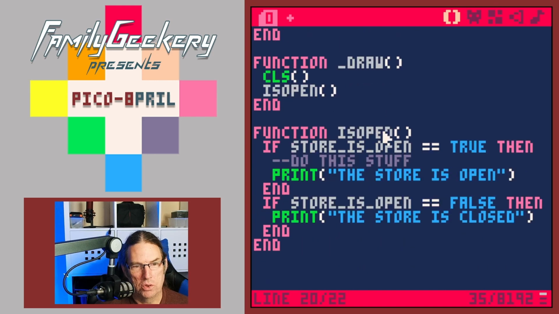Now this completely works, but there's a better way to do this instead of using two if statements. And sometimes there's a reason for using two if statements and sometimes there's not. But really what we can do here, there's only two options, right? The store is either open or it's not. And if there's only two options, the easier way to do this is instead of checking if it's open and doing this and then stopping and then checking if it's closed and doing this and then stopping, why don't we just say if the store is open, true, print the store is open,